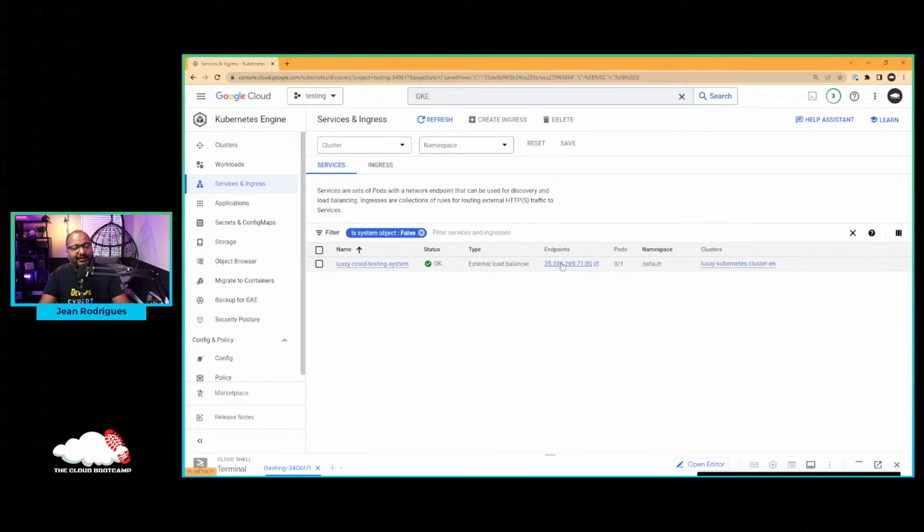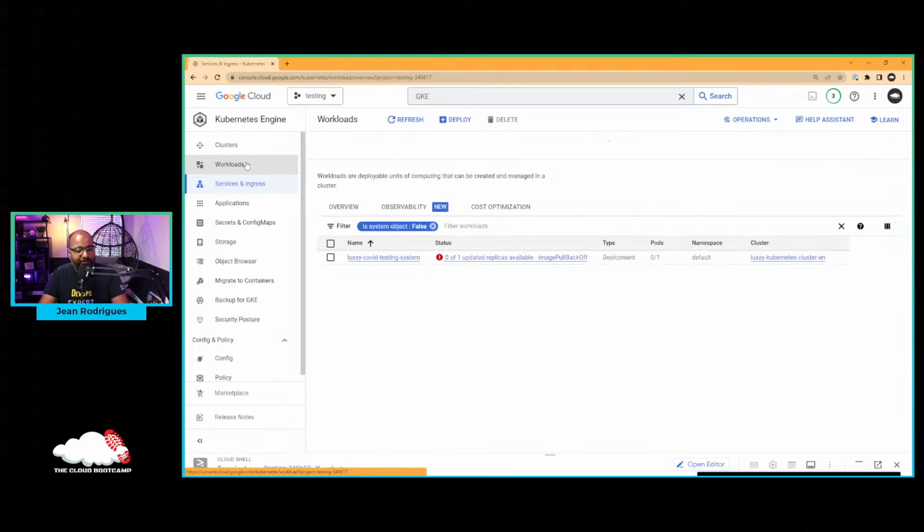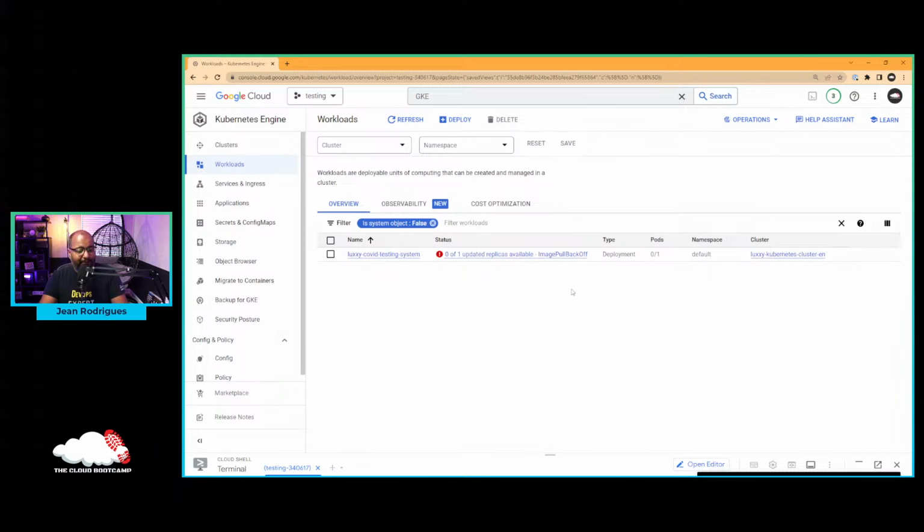So it basically means that the network communication from the client to the application inside of the Kubernetes cluster is working fine, because Kubernetes was able to create the service to expose the application to the network. Okay, so there's no problem in here at this time. If we go back to workloads, we can see that there is a problem in here inside of the